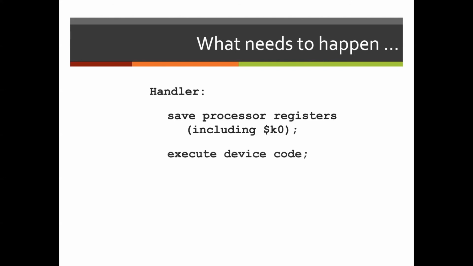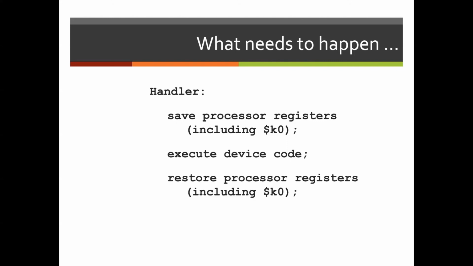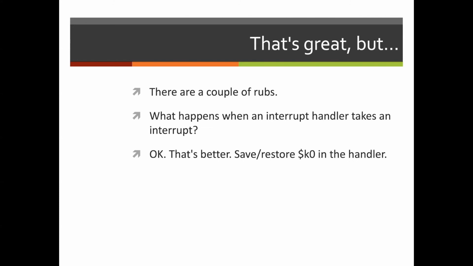We need to execute the device code, and then we'll restore the processor registers, making sure that we include our interrupt address register as well, and provide for a return to our original program. So now that we've been able to save and restore the interrupt address register in the handler,